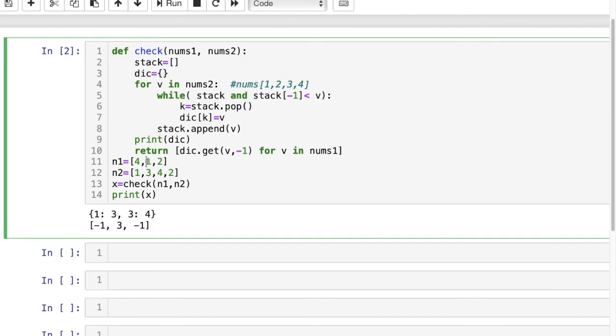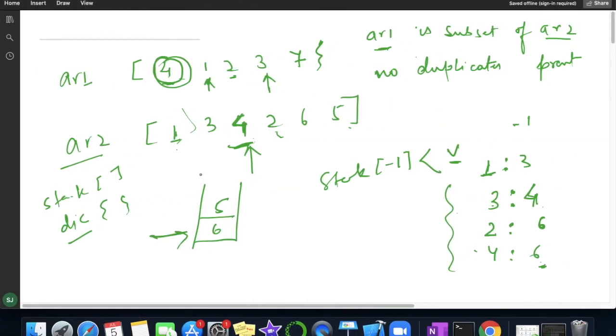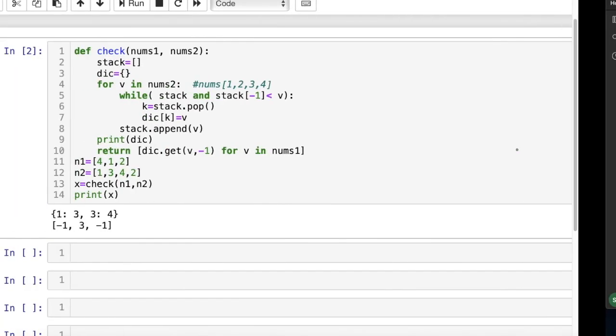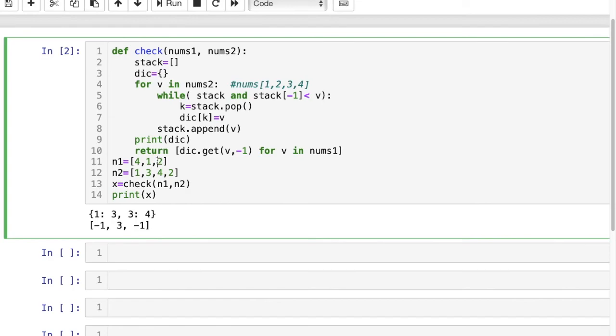Now for 1, the position is here, so for 1 our key will be 1 and its value will be 3. You can see 1 is treated as a key and its value is 3, so it is working fine. Same for 2: no element is present after it, so this 2 won't be present in my dictionary, so it is returning -1.